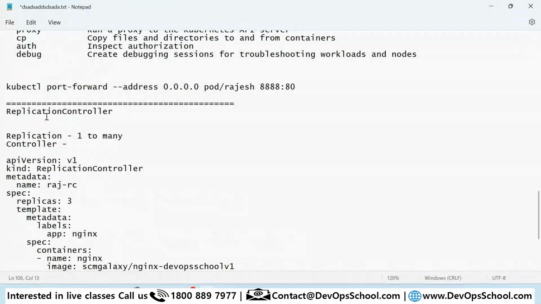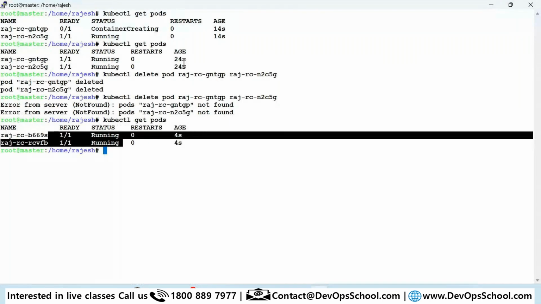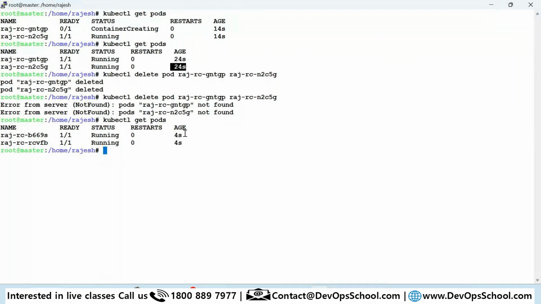Controller means you wanted two, you have two. See, within 24 seconds it created new ones. Even if someone deletes the pod, and you set the controller to 100, it will always be 100, not 99, not 101. Who makes sure of all this? Kubernetes. That functionality we call the controller. Always remember that.